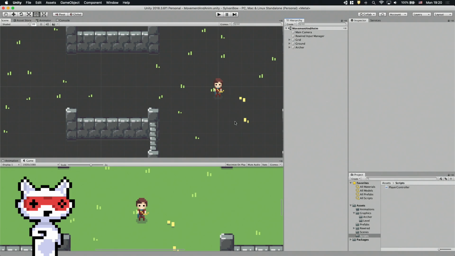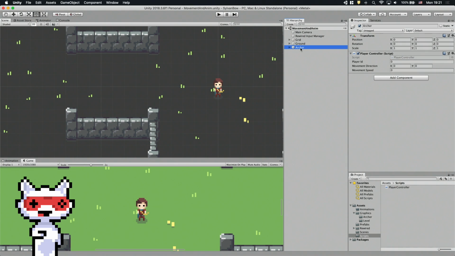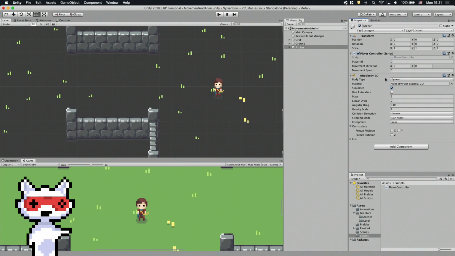We move him with Unity's physics engine, so later when we handle collisions, it will work fine. First, we need to give the archer a Rigidbody 2D component to make him participate in the physics simulation. Let's select him and in the inspector window, hit Add Component and search for Rigidbody 2D and add it to him. Zero out the gravity scale and freeze its rotation on the Z-axis, so he won't spin around in the future.